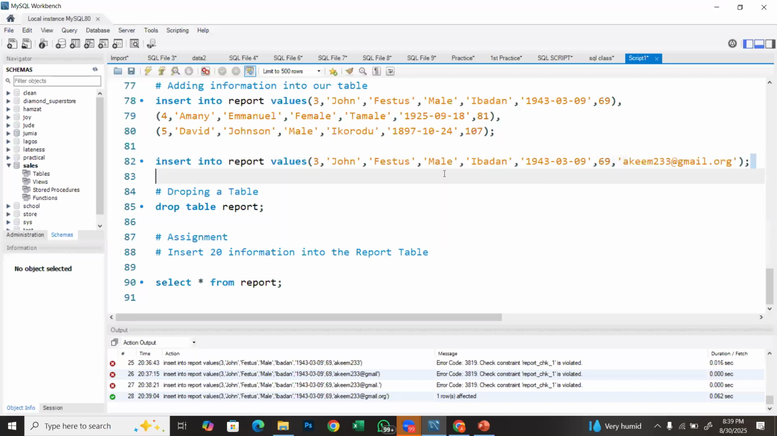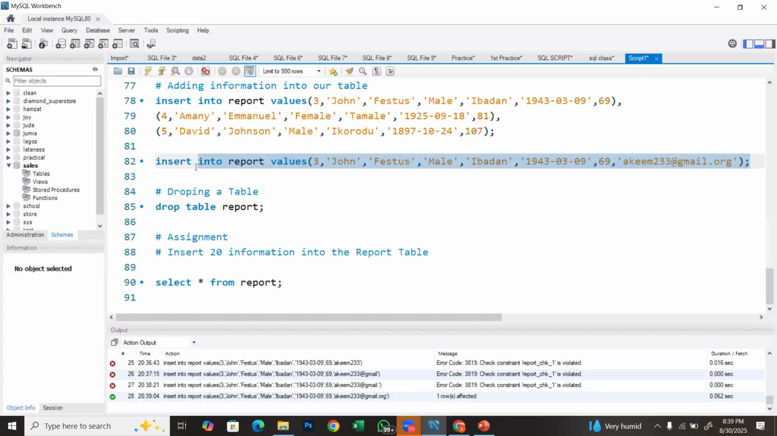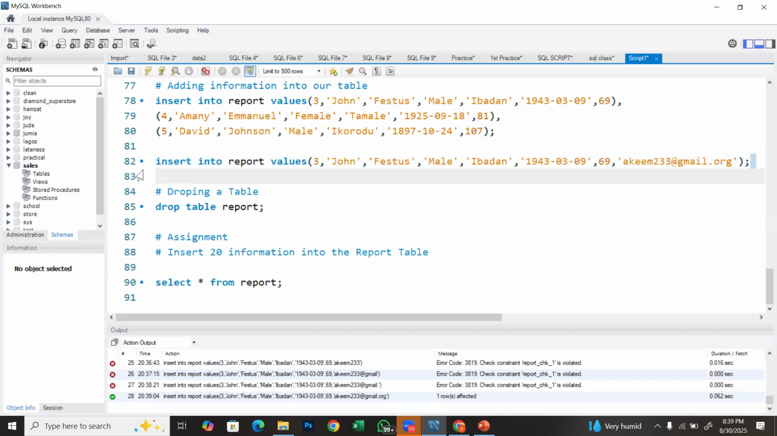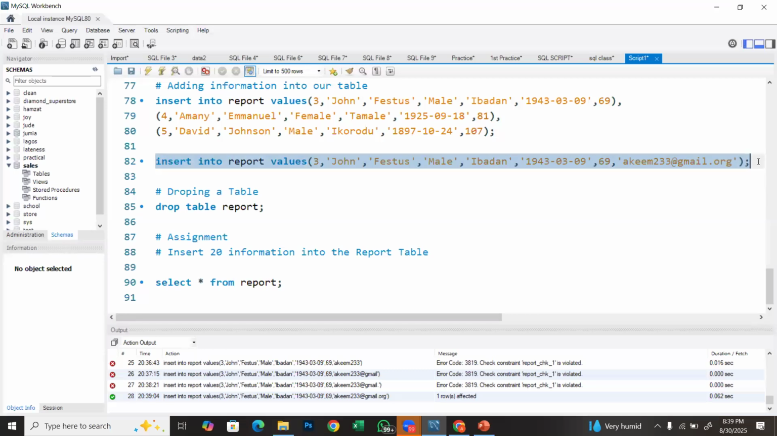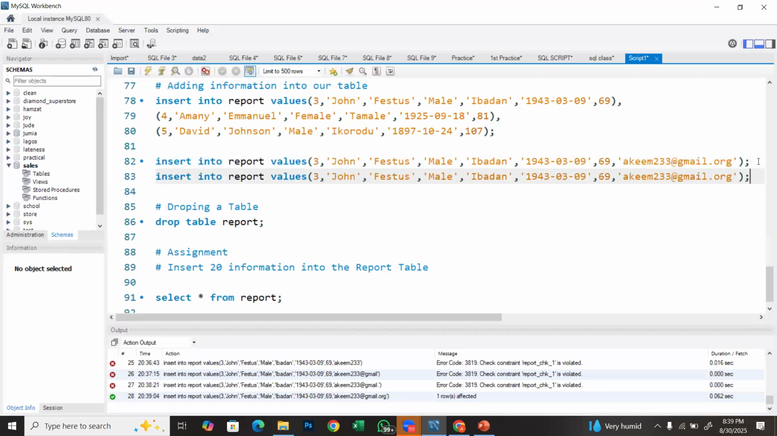So let's do that again. Let's put number 4 here. I'm still going to use the same information. I'm just going to change the serial number to be number 4. Now, you see, that's also going to work, right? So if I now say, okay, let's change this to number 4, right? Now say, okay, Akim dot